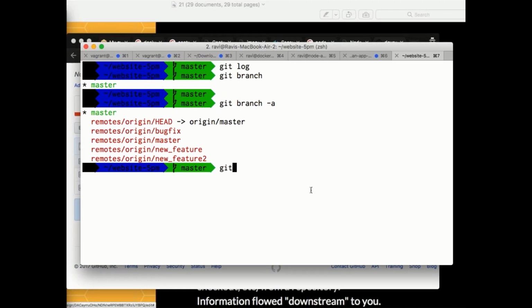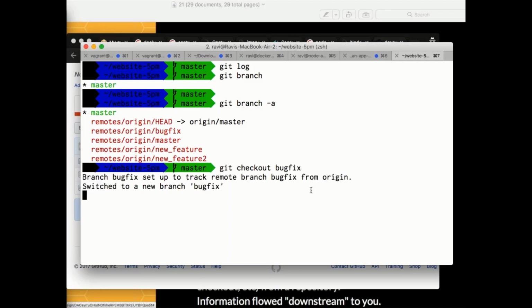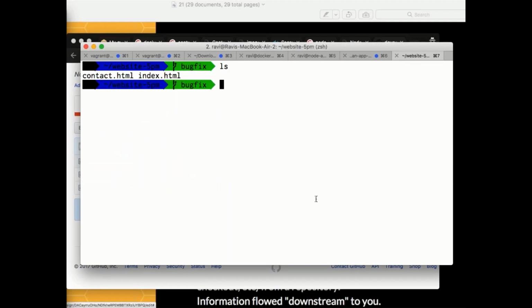Now you say git checkout bug fix. Now what does it say? It started to set up your remote branch bug fix from origin, and you see it switched to the new branch called bug fix. Now I am only under my bug fix. And if I say git branch now,